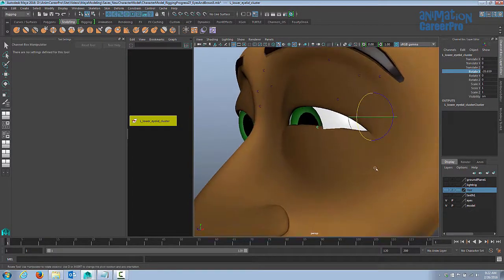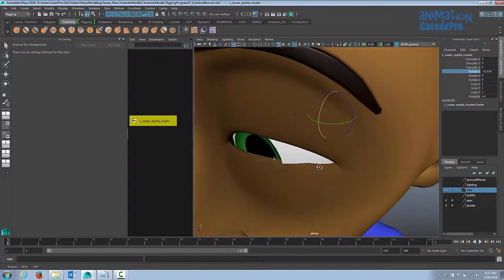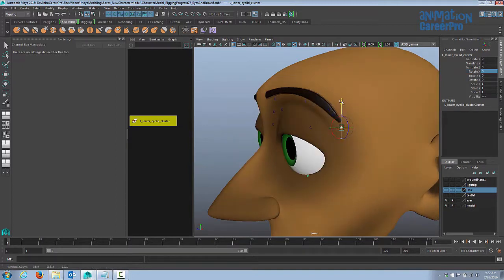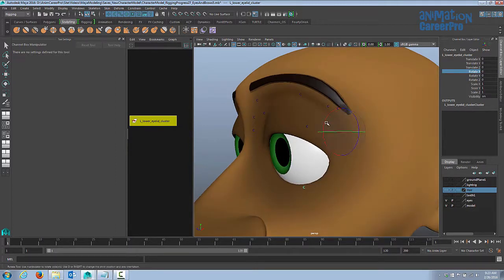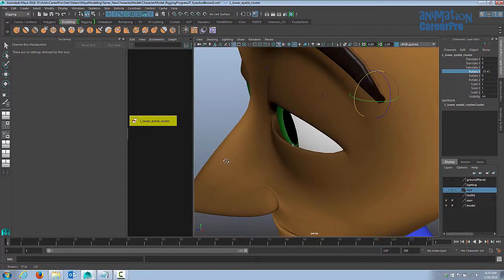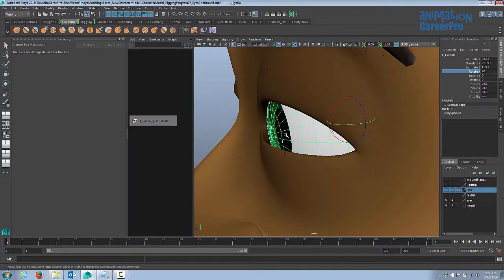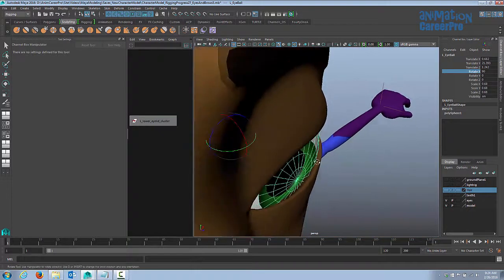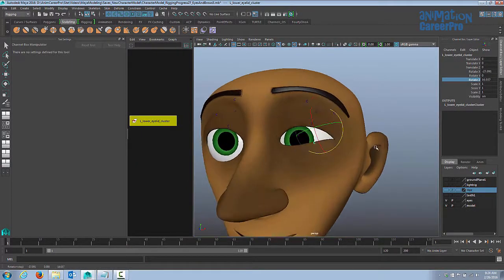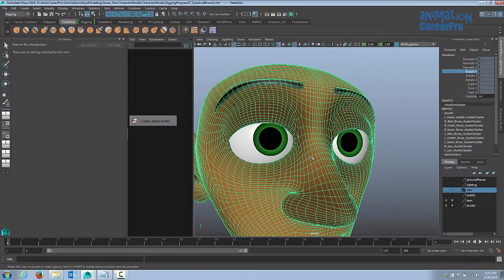I think I'm just going to refine this a little bit because it's going into the eyeball a little bit here, we can just move the pivot point to fix that. So let's just do that. You really want to look at it on the eye white. It looks like it's away from the eyeball here, but that's because we have some transparency on the eyeball in the center here. So it actually is gliding up nicely along the eyeball. So that is going to work just fine. And if we try to rotate it in Z, we can squeeze out some extra facial expressions this way as well. So we'll probably include that in our set-driven keys when we set up the controls for the eyelids. So now I'll run through and repeat the process for the right lower eyelid.